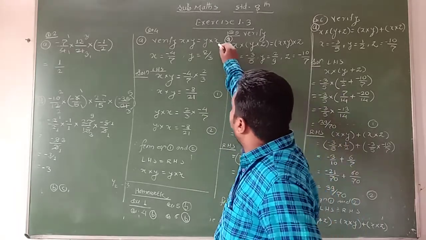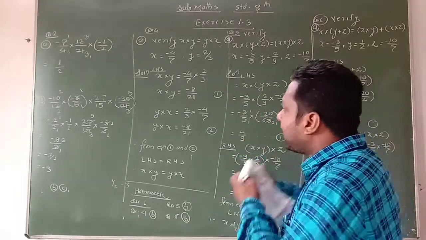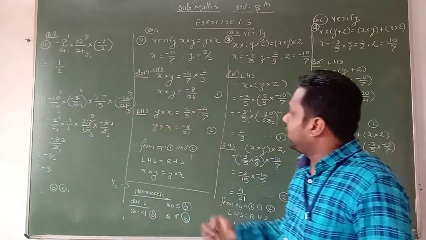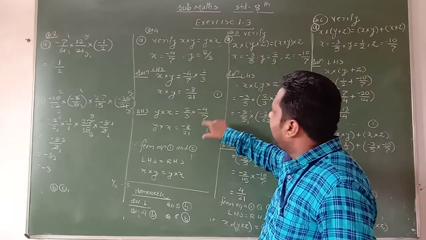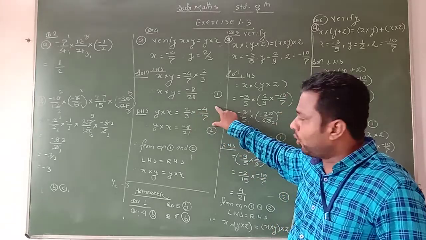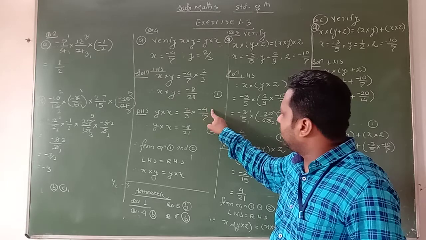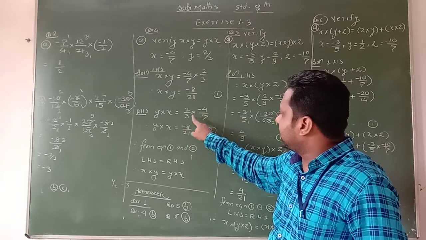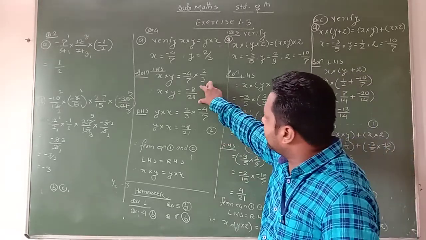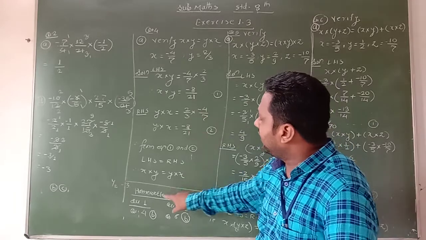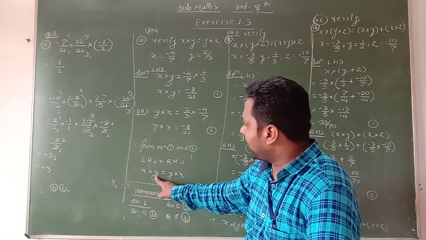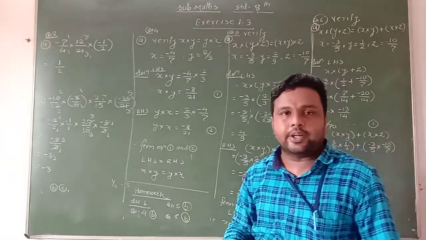Then we take the right hand side of the equation, that is y into x. Here we write RHS. Y into x is equal to, the value of y here we put 2 upon 3 and x is equal to minus 4 upon 7. Again there is no common term in the numerator and the denominator. Therefore we multiply 4 into 2, that is minus 8, here we get 7 threes are 21, equation number 2. From equation 1 and 2, there is minus 8 upon 21, there is minus 8 upon 21. Therefore we can write left hand side is equal to right hand side, that is x into y is equal to y into x. In this way we can verify this property.